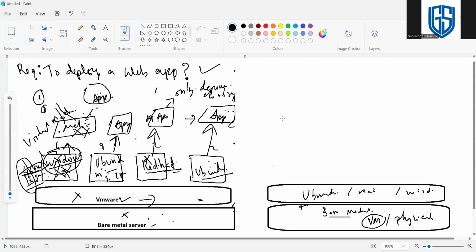And on top of this operating system, we need to install Docker. We call it the Docker engine.